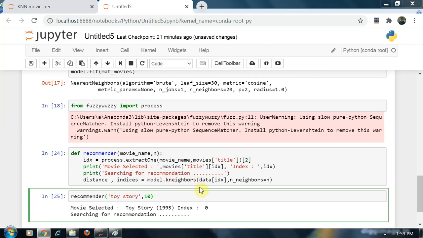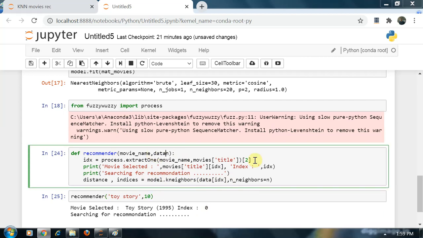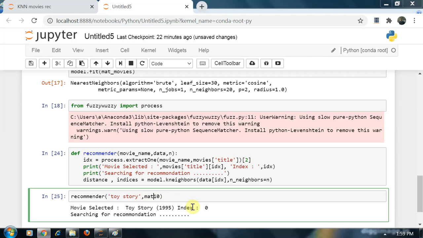Then in the braces I have data index. Data index is what? Actually we will pass our data also here. And what is our data? Data is nothing but our sparse matrix, mat movies. So I have passed my mat movies sparse matrix here in the data.